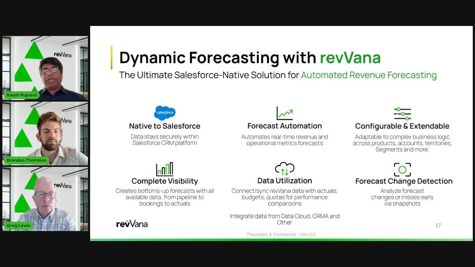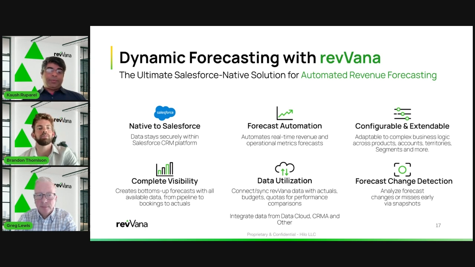So if you just use opportunity as your measure of revenue, you're going to miss out on a lot of those signals. With revVana, we create that 3-year-long schedule with those ramp patterns, and then people like account management, or even demand planners, can continuously update it. If there's going to be a delay in production, that's going to affect your revenue forecast, so you need a space to update that. Those are the kinds of use cases where we can help.